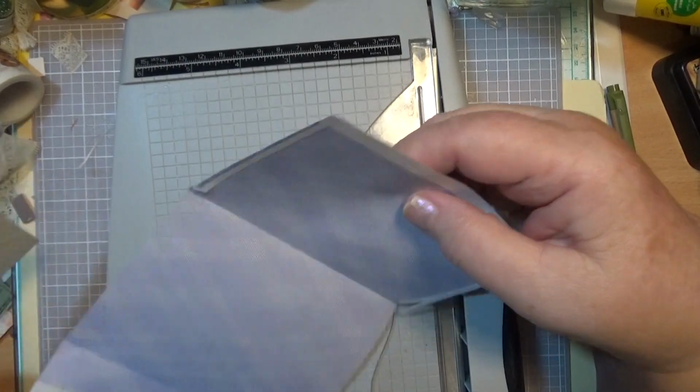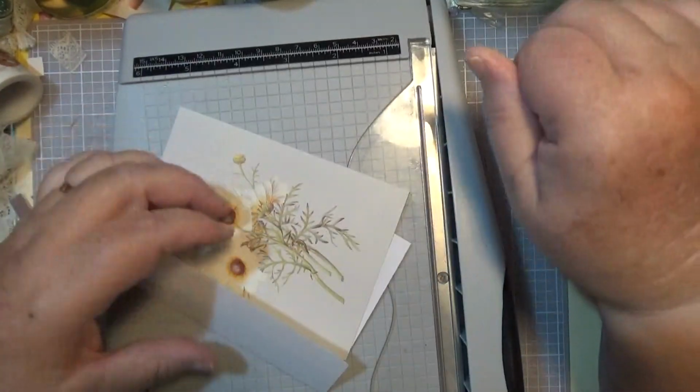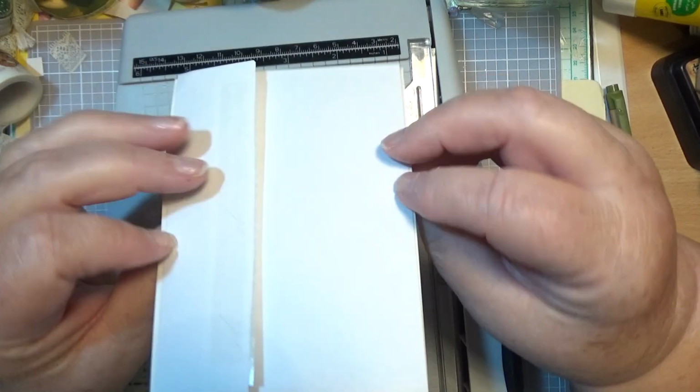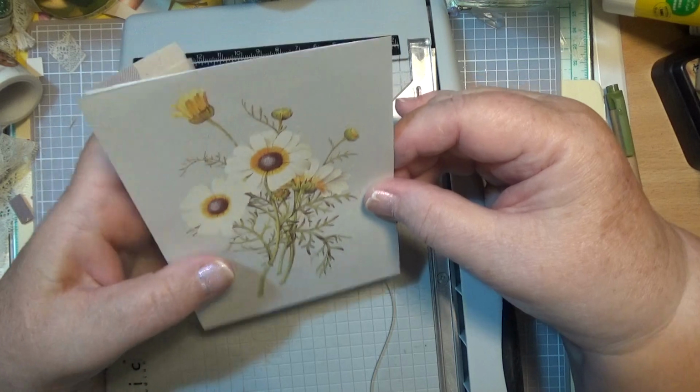No, don't take them bits off. I'm going to stick it back down because I still want it to be an envelope. I didn't want it to turn into just a piece of paper, you know what I mean? Or something you fold over. So now it covers it, doesn't it? Except there's a tiny bit down around the edges that I need to...